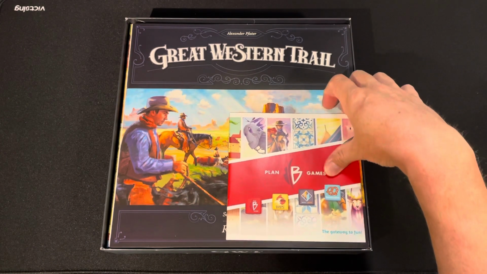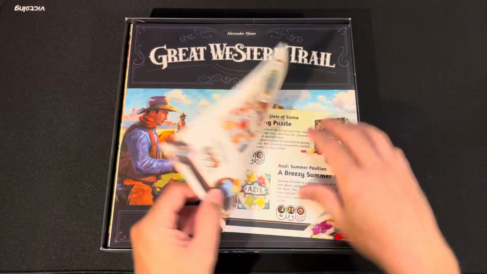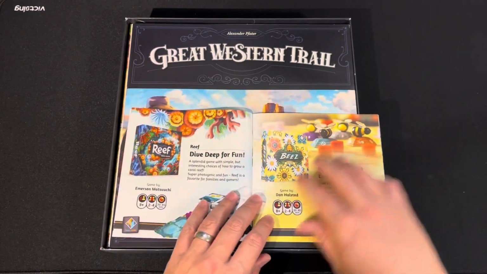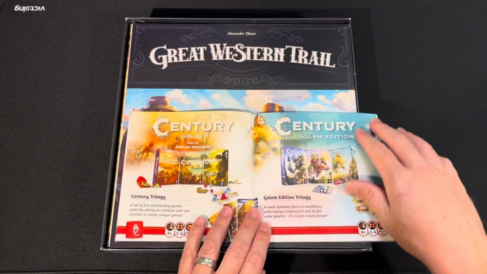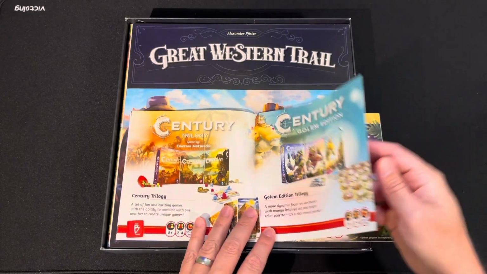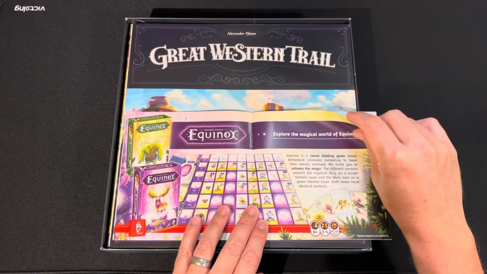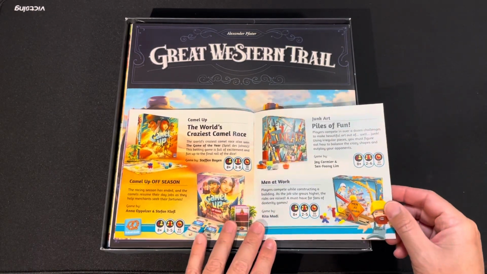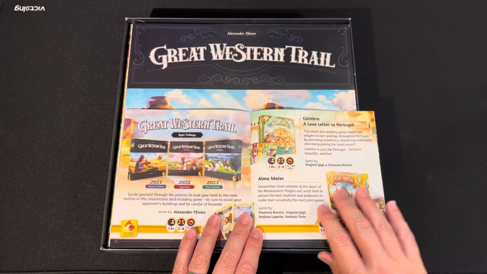All right, we've got a little Plan B Games catalog. Azul, obviously, at the front. Century is an excellent trilogy. I don't really know Equinox. Camel Up is a fun one. Junk Art's a fun family game. And